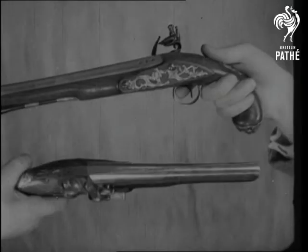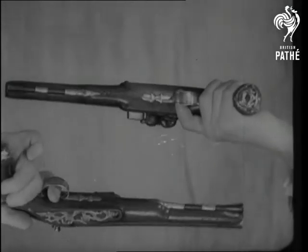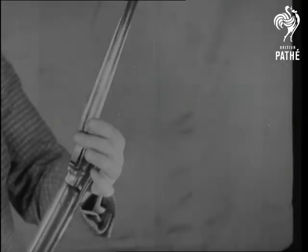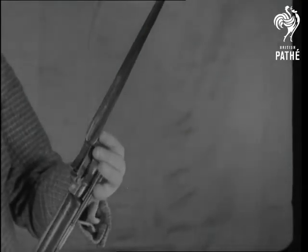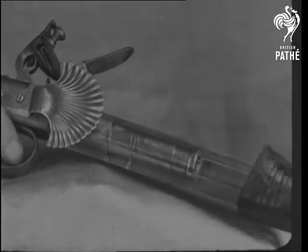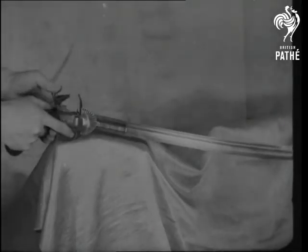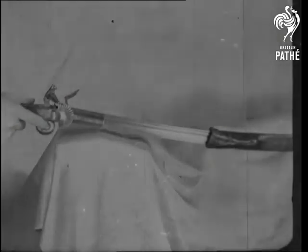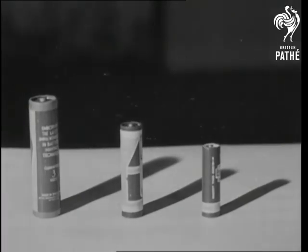About this time, pistols were becoming very ornamental. A blunderbuss with a dagger that springs out when the trigger's pressed. A hunting sword for wild boar. What made the boar wilder was the pistol in the hilt. When you think of guns, you think of batteries. What a collection that was. Let's finish on